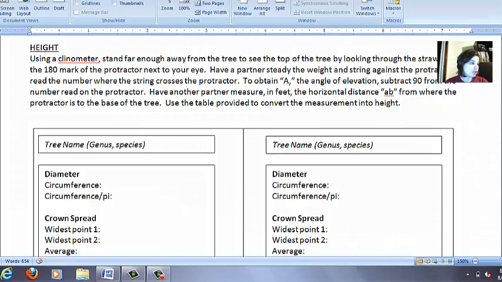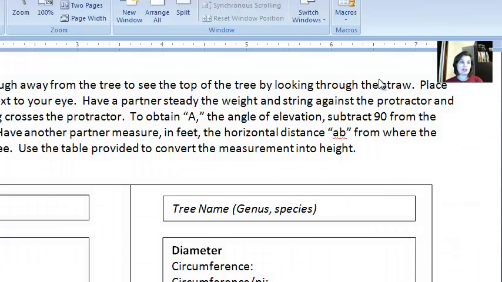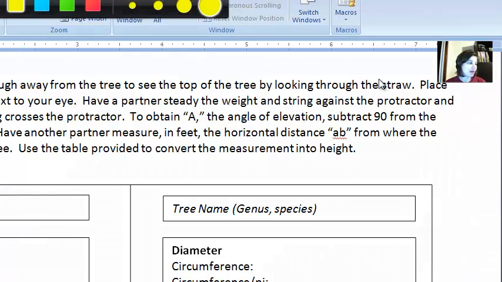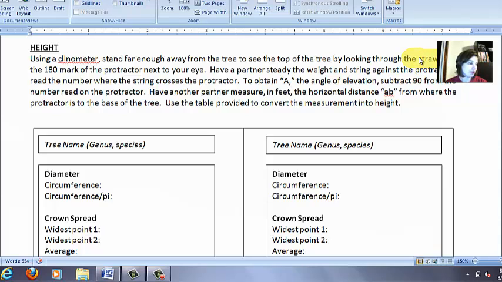to begin with. So the first part of the clinometer you're going to use is the straw. So you're going to look through the clinometer at the straw level, and you're going to see where the top of the tree is from that viewpoint. Okay, there we go. So we're using the straw, and you want to find the top of the tree by looking through the straw. You know, kind of like a little telescope almost. You want the 180 mark of the protractor next to your eye. The opposite side of the protractor says 0 degrees. So you want to make sure the side that says 180 degrees is nearest your eye as you're looking up